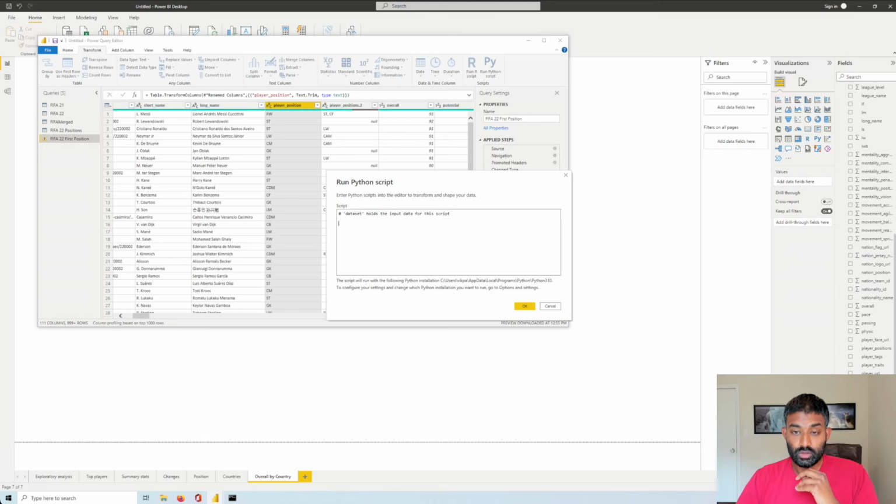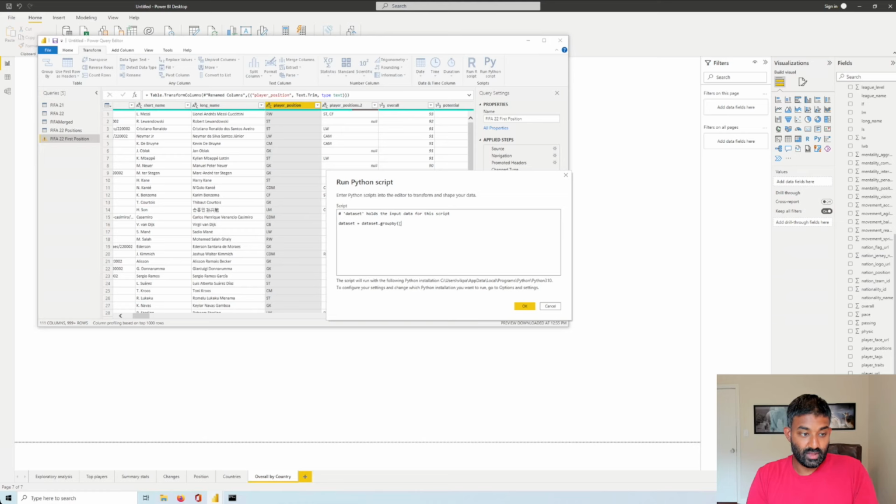All right. So in order to do this, you have to have Python installed and you have to have it configured in your Power BI options. I'm not going to show you how to do that, but just so you're aware. You also have to have pandas and matplotlib installed. And then what happens is Power BI will load your table, your data set, into this dataset variable. And this dataset variable will be a pandas data frame. So any changes you make, you want to assign back to the dataset variable. And in this case, what we'll do is we'll say